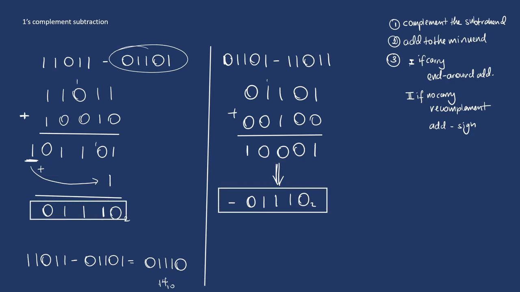So 13 minus 27 is going to give us minus 14. And 27 minus 13 is going to give us 14, which is exactly what we have here. So that's all there is to 1's complement. That's all there is when handling 1's complement. Okay? So if we're to check on the other side of things, if we're to do 2's complements,